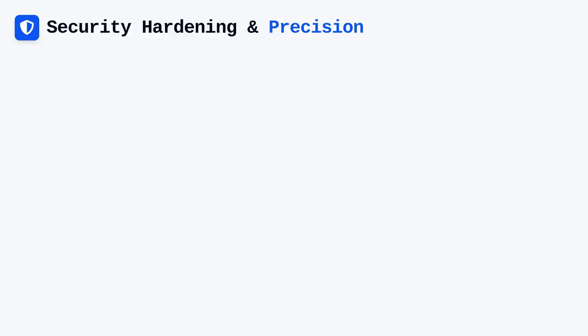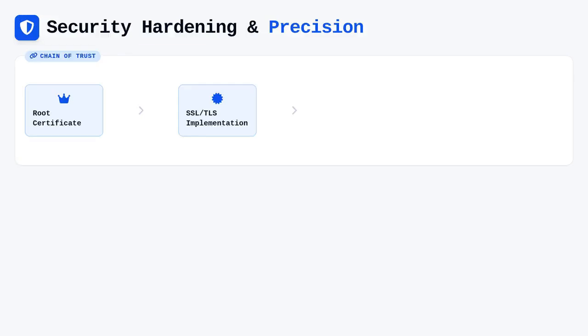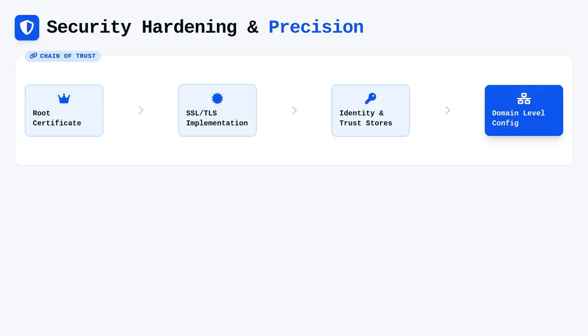Security hardening is another domain where precision is required, particularly with SSL/TLS implementation and key store management. You should be able to walk through the complete chain of trust, from the root certificate down to the identity and trust key stores configured at the domain level. Do not overlook the administrative aspects of security, including the distinction between security roles and groups, as this is often